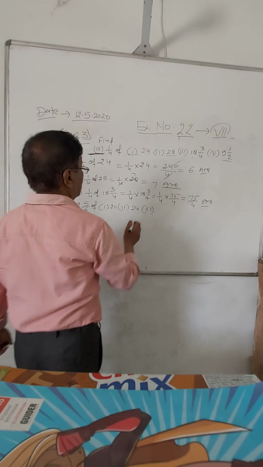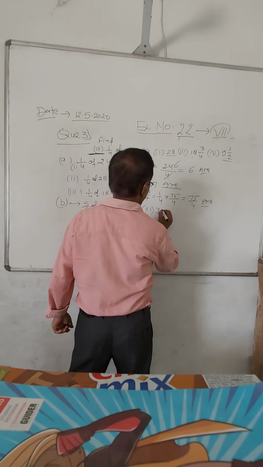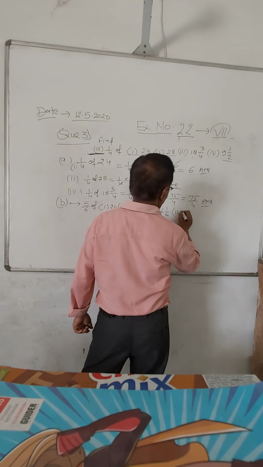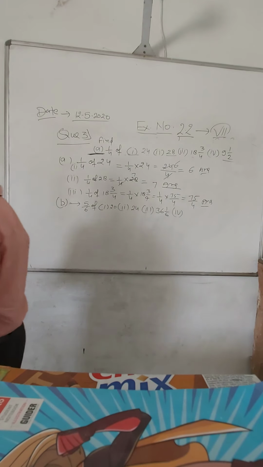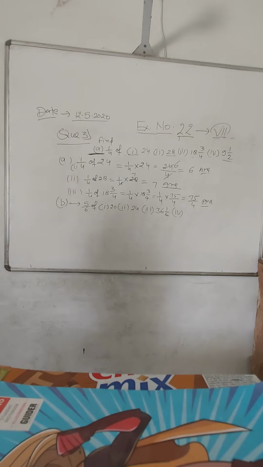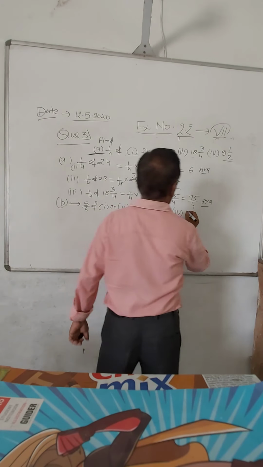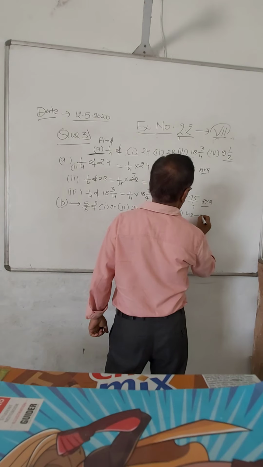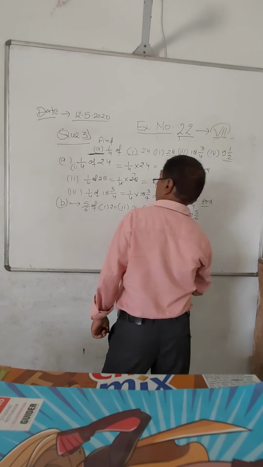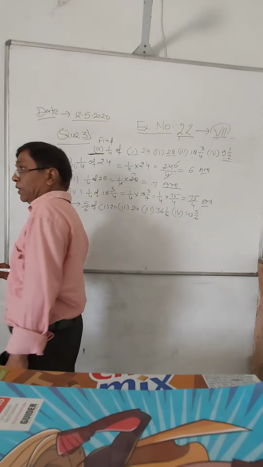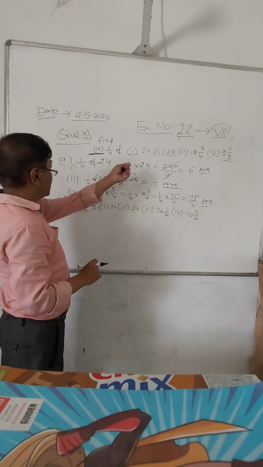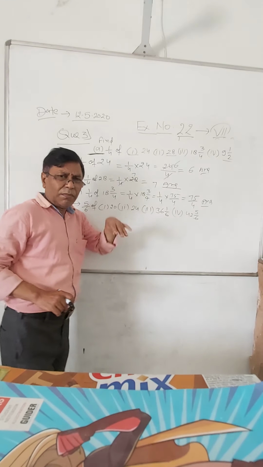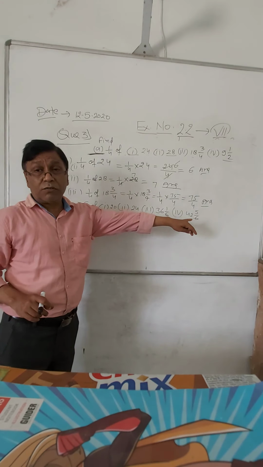36 whole 1 by 6. Question number 4, 42 whole 5 by 6. 4 questions are there in question number B, 5/6 of these numbers, as in question number A we had 1/4 of these numbers. Now same way, 5/6 of these numbers you have to find out.